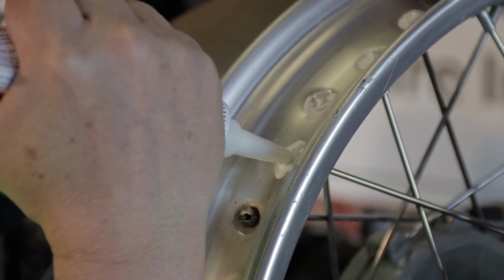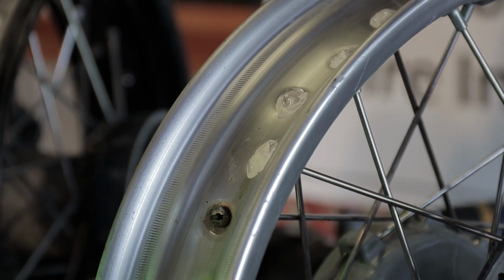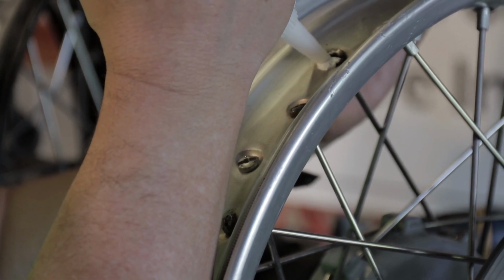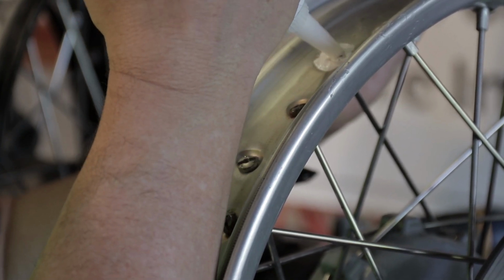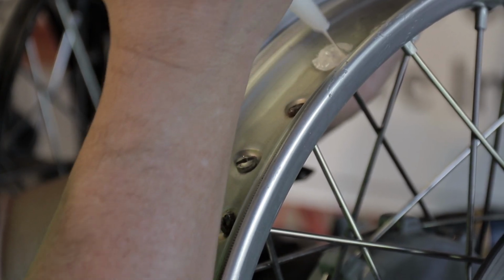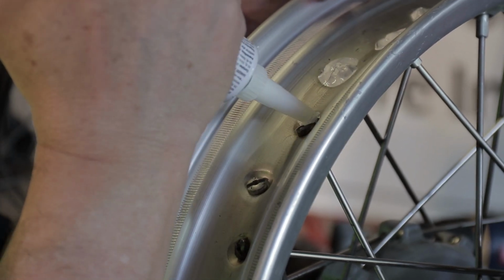Some of you may not want to go with the tape, and that's fine, in which case you'll use a lot more of this sealant and you'll spread it around almost in a layer, and that's fine too. I didn't come up with this technique. I saw it on a forum, I investigated it, and was satisfied with my findings, and that's why I'm doing this now. I just keep working my way around patiently,